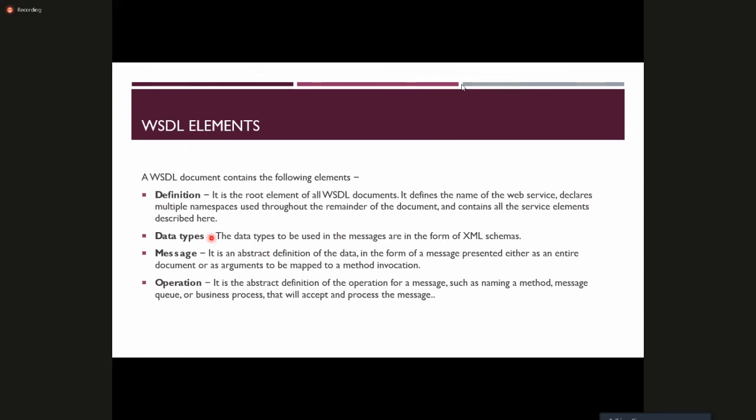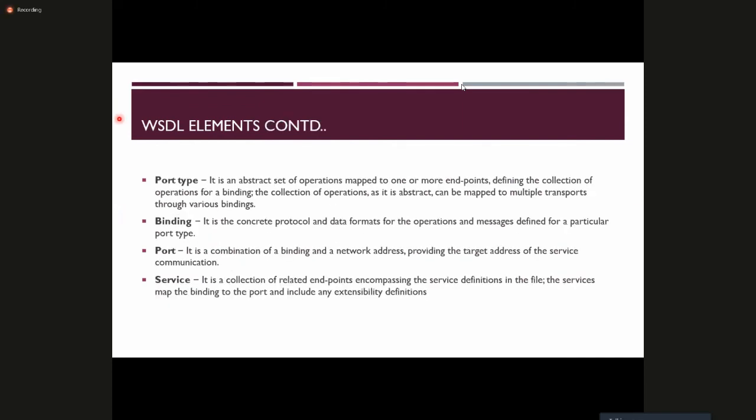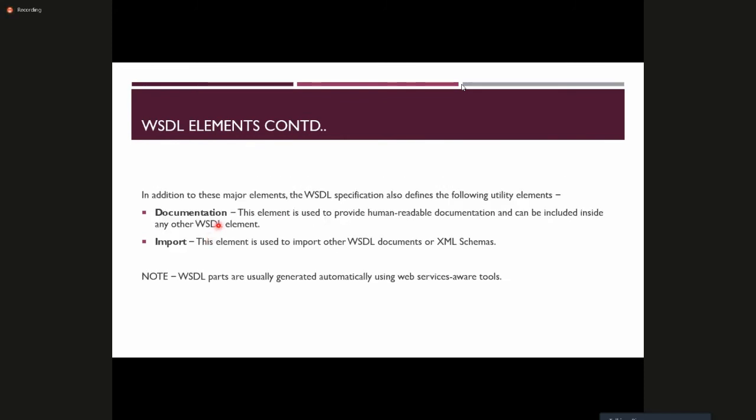So the main communication method is messages and operations, right? So what are the operations that are being used in this WSDL, right? And the port type, the communication medium. This can be request only, request-response, or response only. There can be several types of communication methods here. And then binding, right? So we can bind this to a request or response. Right. So moving forward,